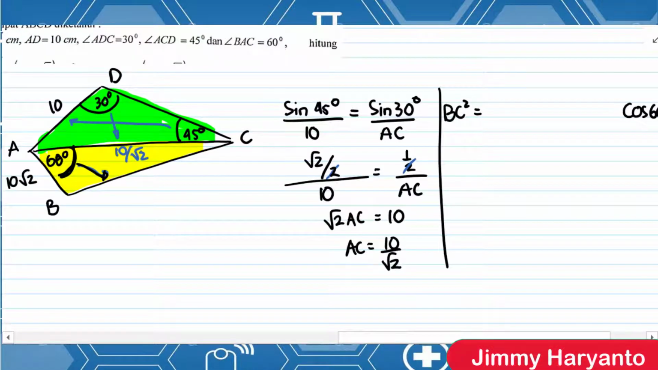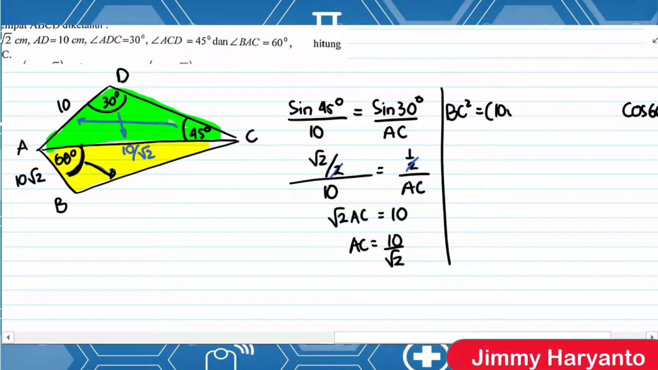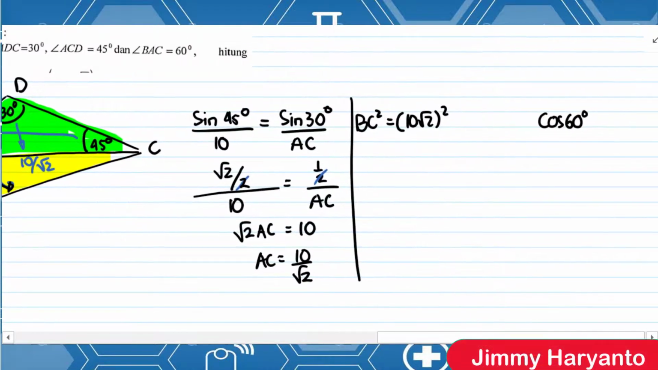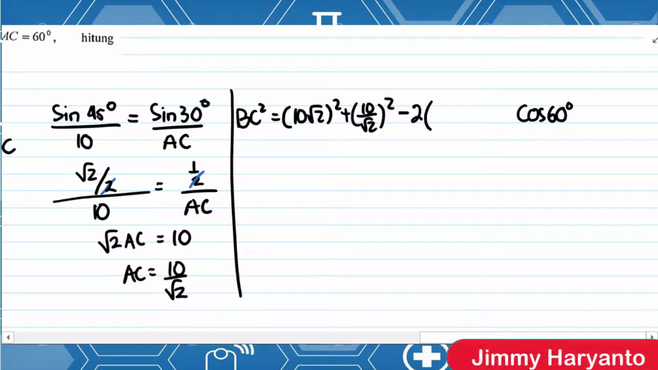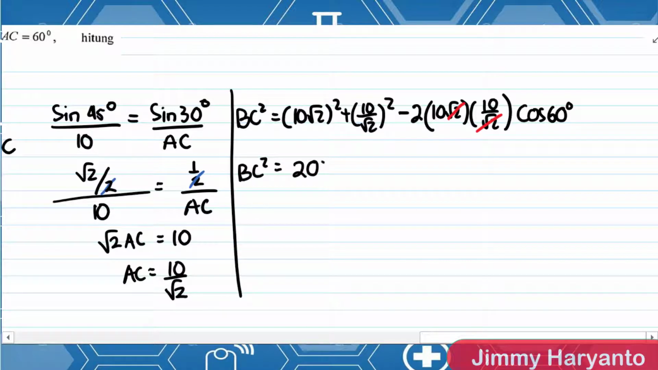And then the sides will be (10 square root of 2) squared, and then the second one is plus (10 over square root of 2) squared, and then minus, I will move this first. Okay, so minus 2 times 10 square root of 2, and then times 10 over square root of 2, just like that. So I can cross out this one, and then after that, BC squared equals to 100 times 2, 200, and then plus 100 divided by 2, it's 50, minus,